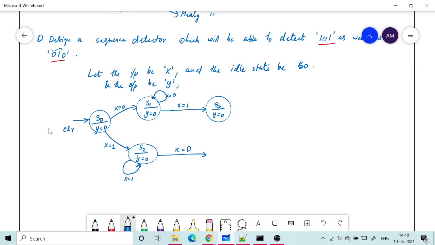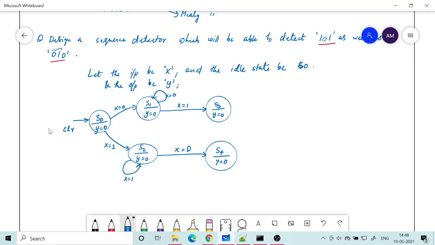Okay, so whatever you see on the top, you just change x to the complement, you get the below state. That's because both the sequences that we want to detect, 101 and 010, are complements. Okay, so there is that sort of symmetry here. But still my y is equal to 0. Why is that? Because I have detected only 2 bits. Okay, 1 0, so you can see this 1 and this 0.